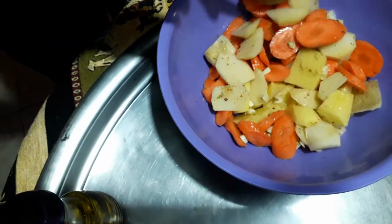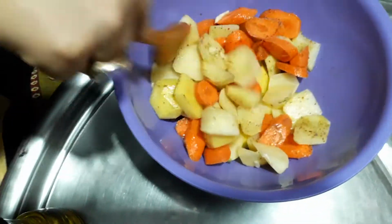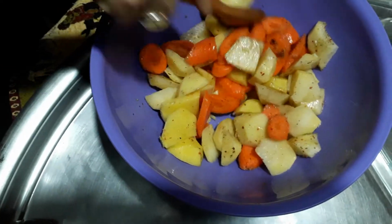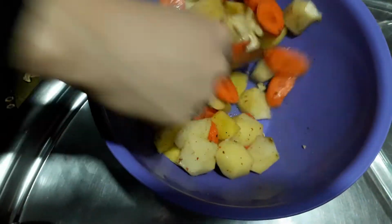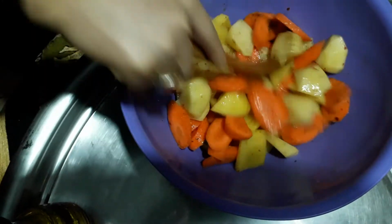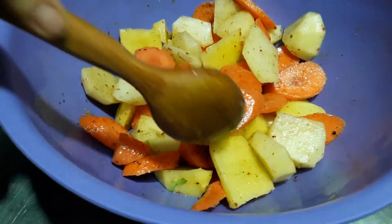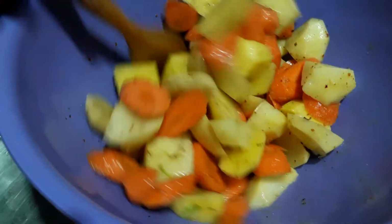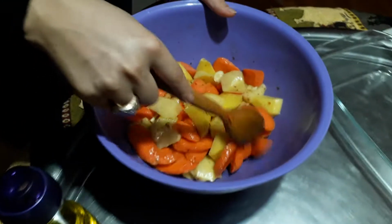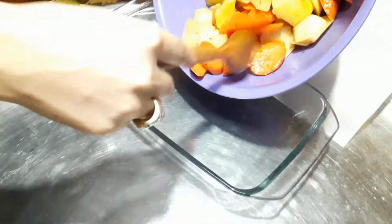You don't have to mix with the spoon. If you like, you can use your hands, but I prefer this way so all the spices and everything stay there. That's the reason I'm using the spoon. Once you mix everything up, please make sure that all the potatoes and all the carrots have equal spices everywhere. So guys, after you mix everything up, you may use a tray like this if you have one,